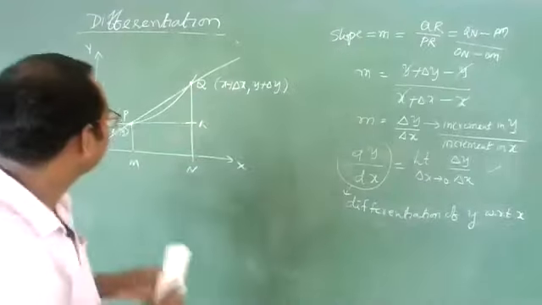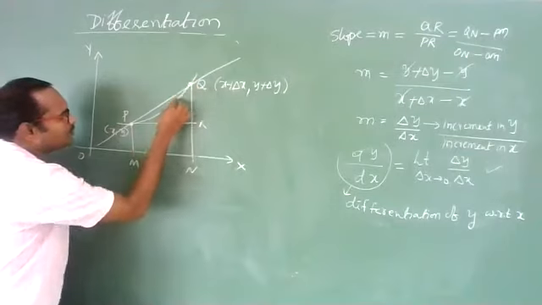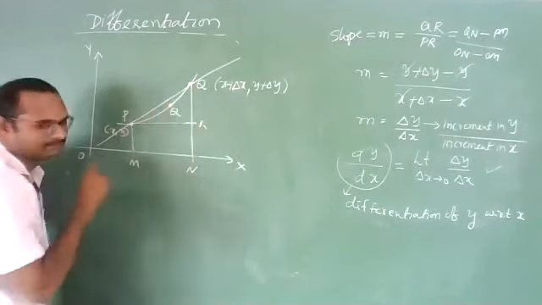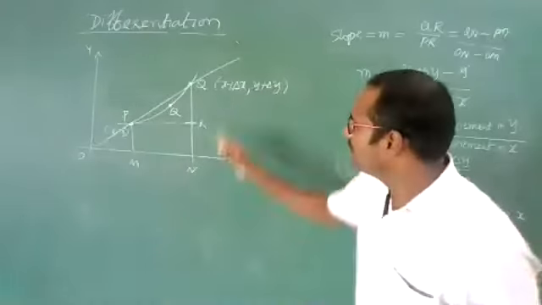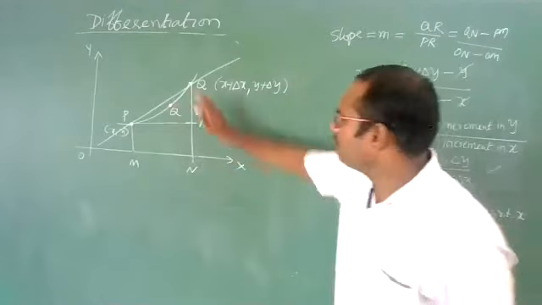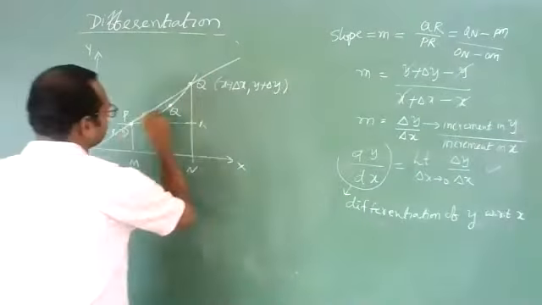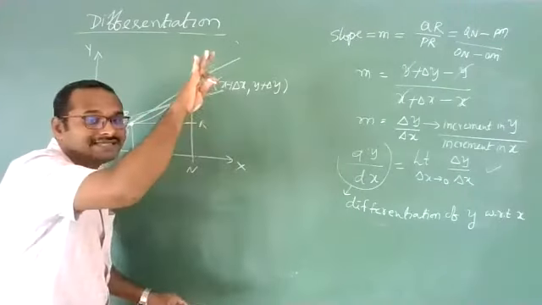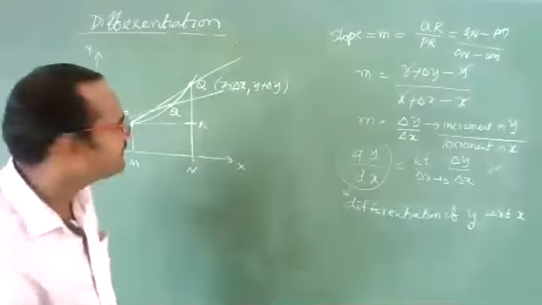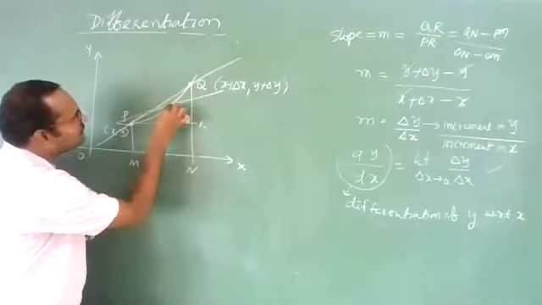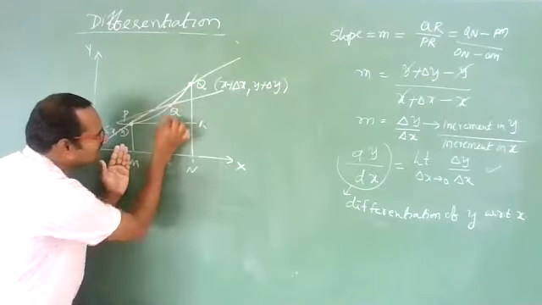See, students, when this point Q comes nearer to P, let us suppose this point Q comes to here. Then what will happen to the slope? You see, point Q is not here, it is coming to here. Then this line becomes like this. It means the slope has decreased like this. What happened when point Q approaches P? This is delta X, correct? Delta X is decreasing, meaning this value is decreasing.